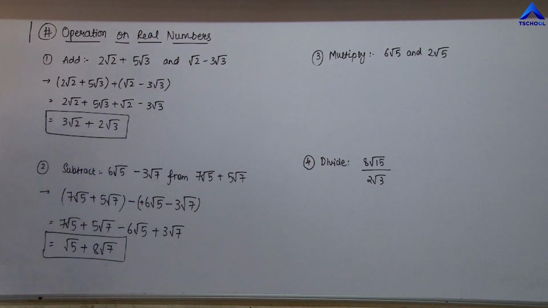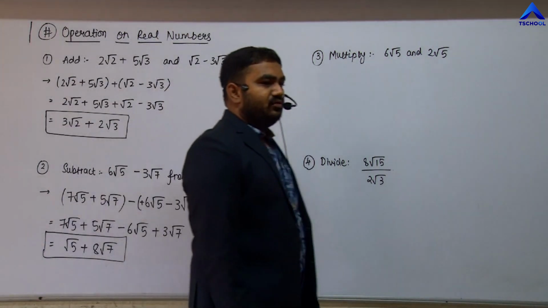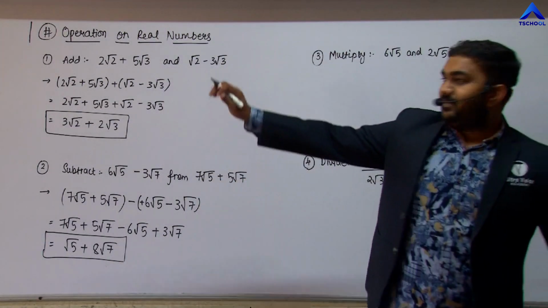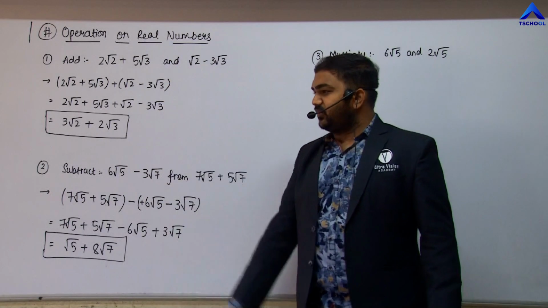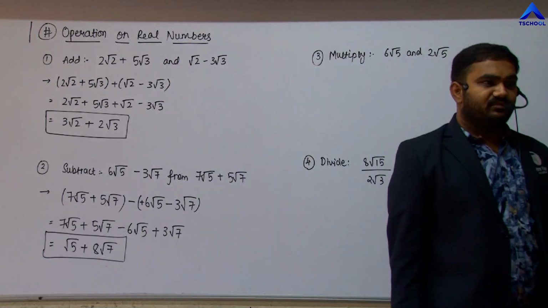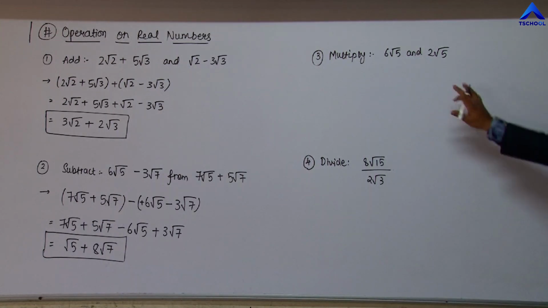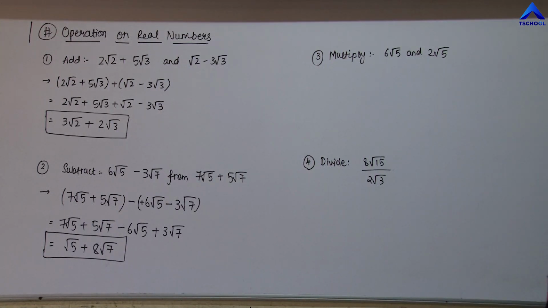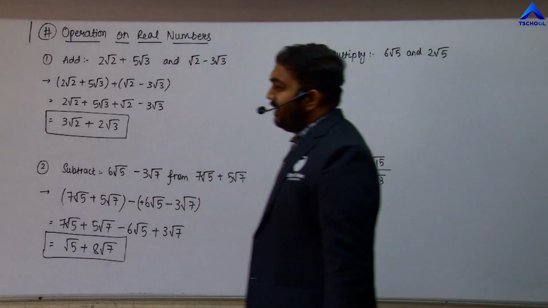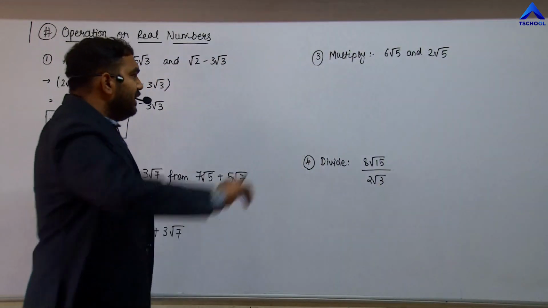Good. So that is the answer to this question. Okay. So that is root 5 plus 8 root 7. Now I think you might be clear with this addition and subtraction. So that is quite an easy one, right? Now we are going to come to the important two questions where we are going to multiply and we are going to divide the two irrational numbers.